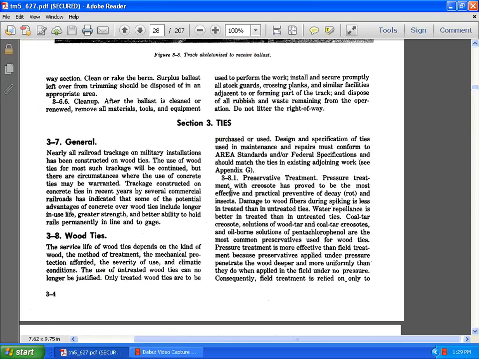3.8: Wooden ties. The service life of a wooden tie depends on the kind of wood, the method of treating, mechanical protection, the severity of the use, and climatic conditions. Untreated wood ties are no longer justified. Only treated wood ties are to be purchased or used. The design specification of ties for maintenance and repairs must conform to area standards of the federal specification and should match the existing adjoining ties. See Appendix G. 3.8.1